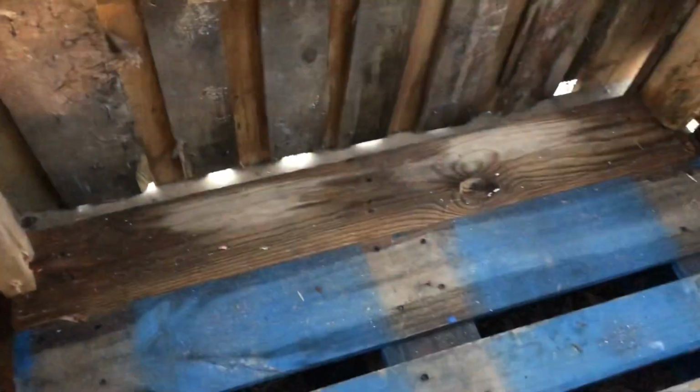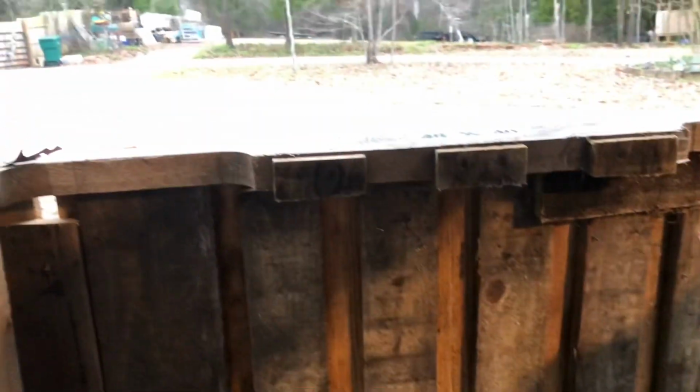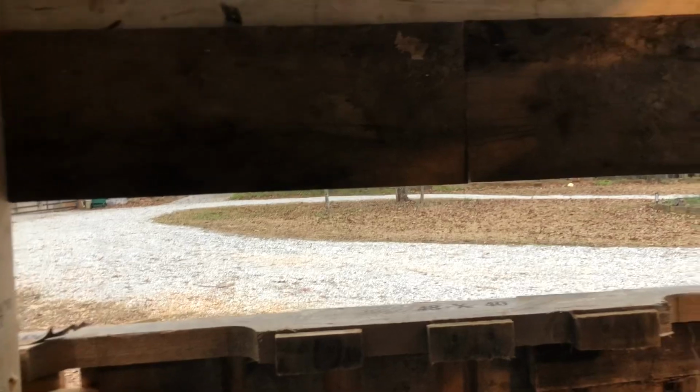And like I said, I have a tin roof. See out the sides. Pallets are pretty solid. There's a few little cracks. I think on the floor here I didn't put boards in between. I think I'm going to lay down a piece of like artificial turf or old carpet or something, just so it's warm and quiet. You can let me know what you guys think about that. But anyway, that is my pallet